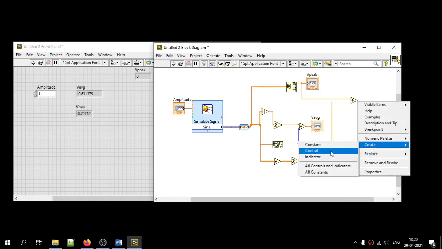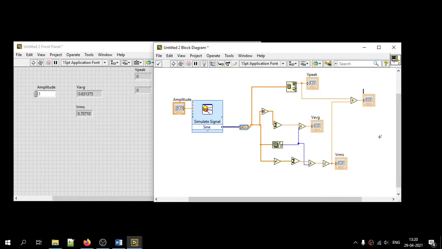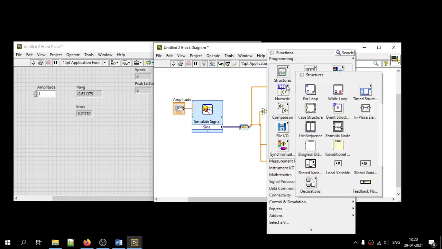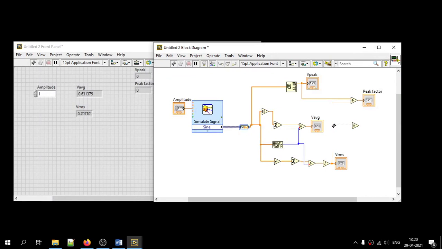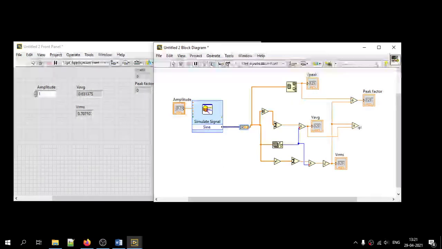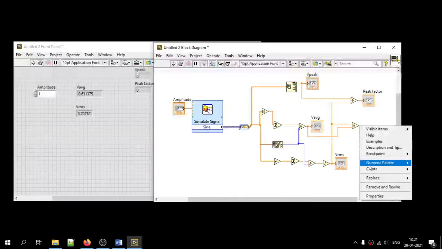Create indicator. This is the peak factor. Next, form factor is equal to Vrms divided by V average. Form factor is equal to Vrms divided by V average. Let us create an indicator here.